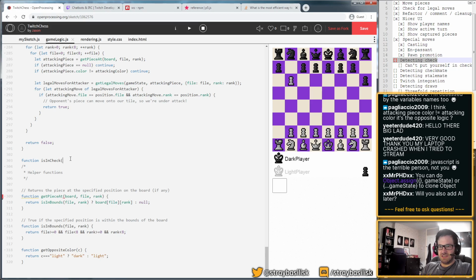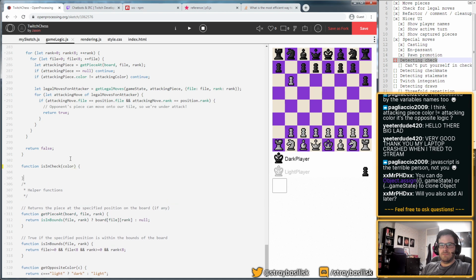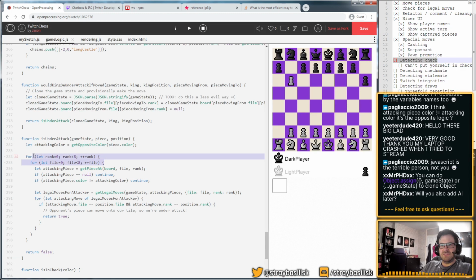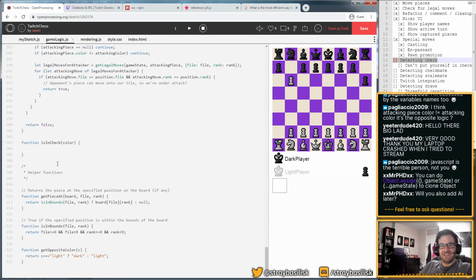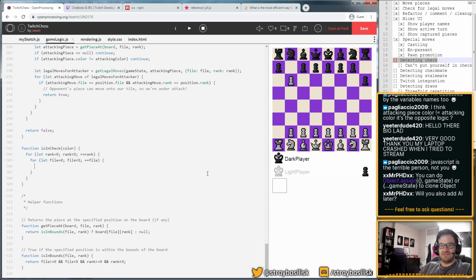So it is in check. Annoyingly, we have to find the piece like this, because the piece is just stored in the array and we don't have a list of pieces or other redundant references to anything.